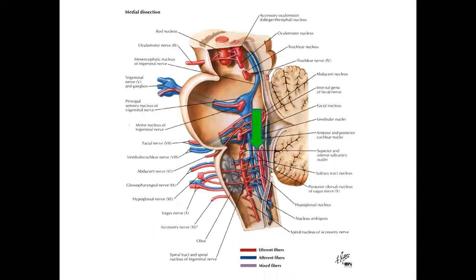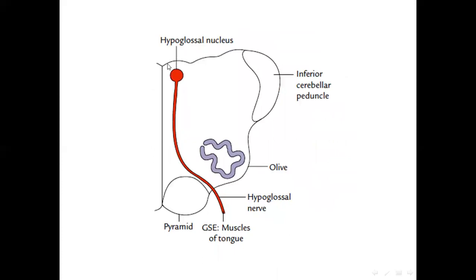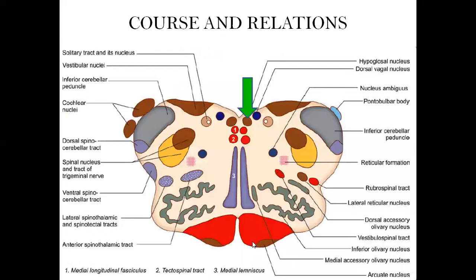Now, this is the hypoglossal nerve. You can see this one, the motor nerve, and this is the hypoglossal nucleus, which is situated in the medulla oblongata. This whole nucleus is the hypoglossal nucleus. So that is the efferent. Then this is the hypoglossal nucleus, and this is the cut section of medulla oblongata. You can see the nucleus is giving rise to the nerve. This is a general somatic efferent nerve which is supplying muscles of the tongue.